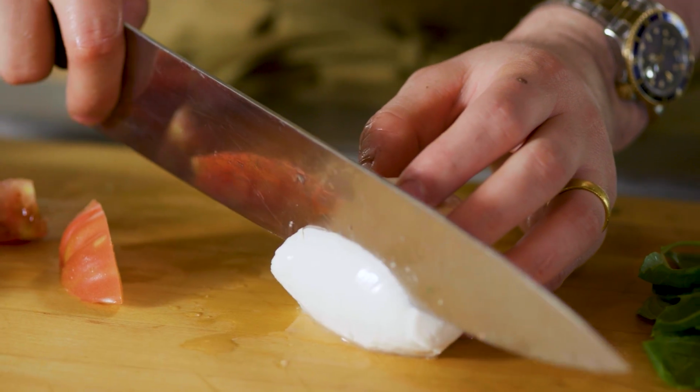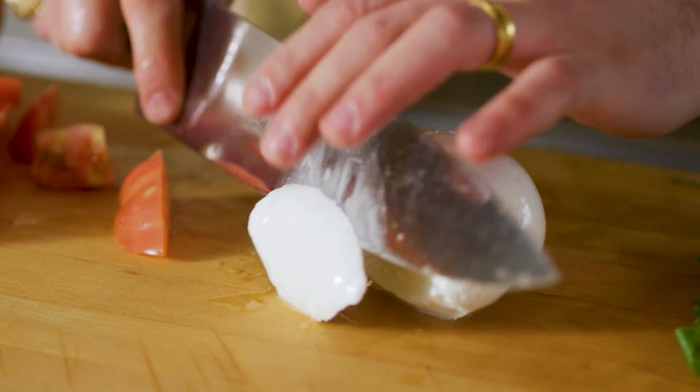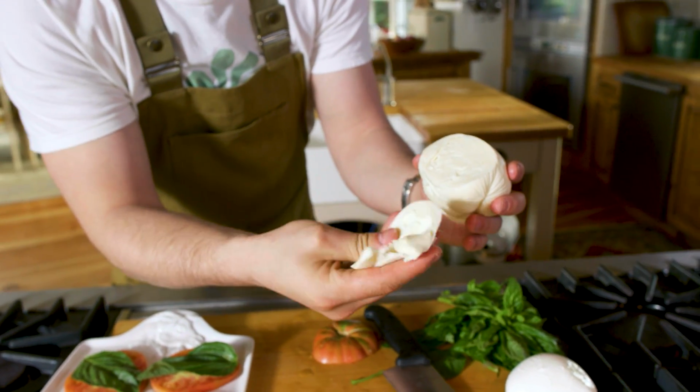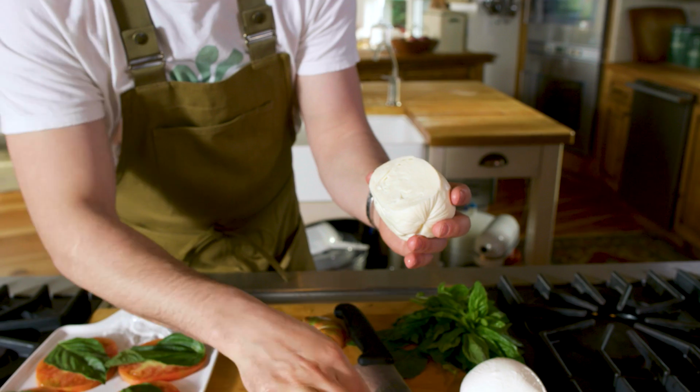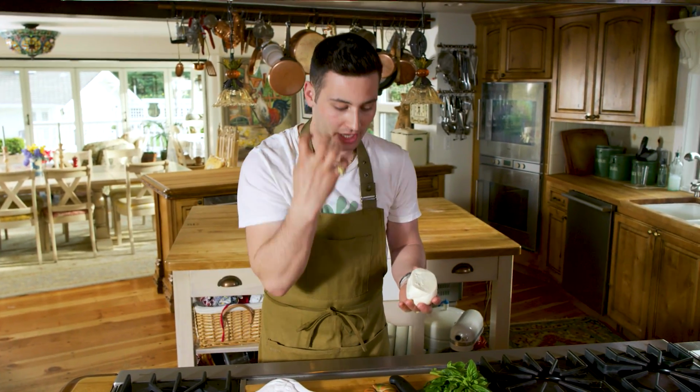Here, let me show you inside this fiore di latte what it looks like inside as well. So see how it is, it's thicker, it's tougher. It's not as delicate. Let me try it. It actually probably tastes good. Still tastes amazing, but it just doesn't have that watery texture where the mozzarella di bufala, it's like you bite into it and it just